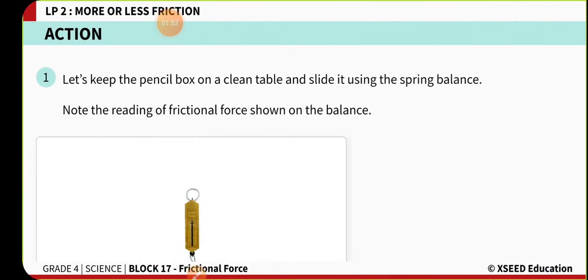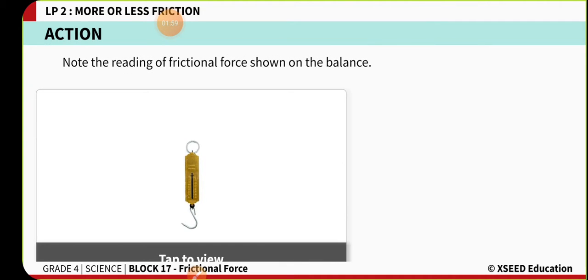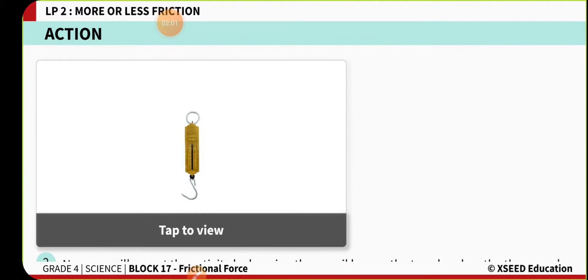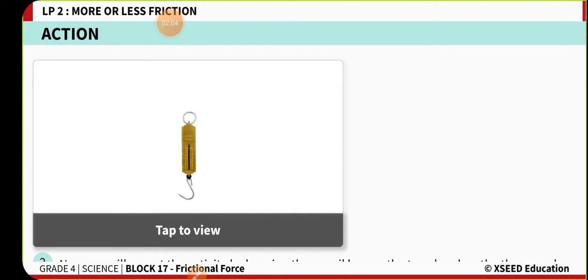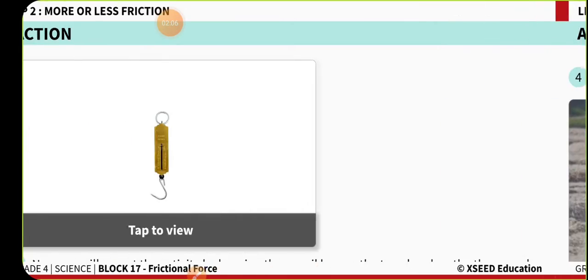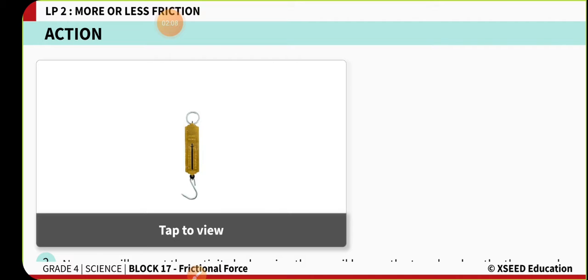To understand on what factors the frictional force depends, let's do a small activity. In today's activity we need a spring balance. Along with the spring balance, a book is required, and the book should be on a table. In the next case we are using a towel, which is also required. The table is a smooth surface and the towel acts as a rough surface.